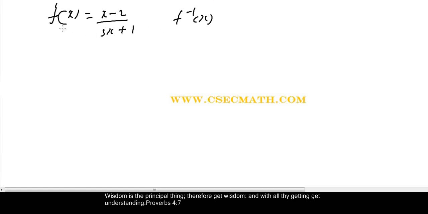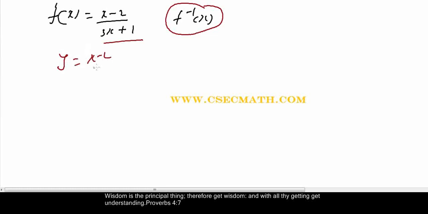Okay, we have this question, f of x being equal to (x − 2) divided by (3x + 1), and we are expected to obtain f inverse of x. So now this can be rewritten as y being equal to (x − 2) divided by (3x + 1). And now